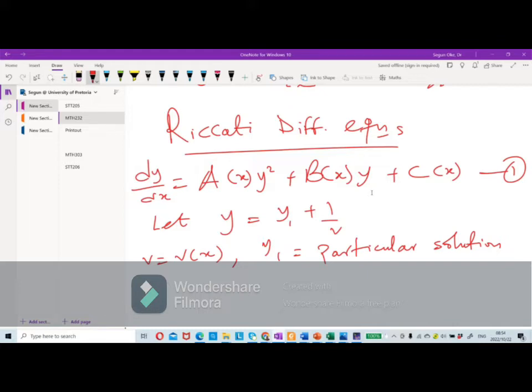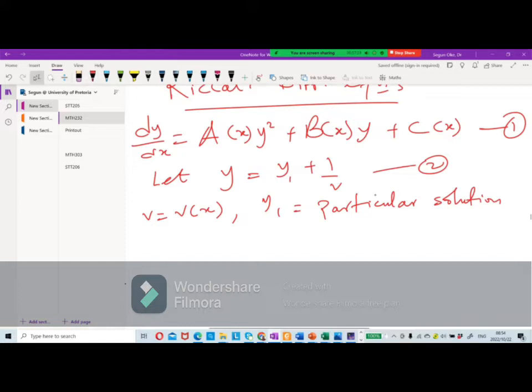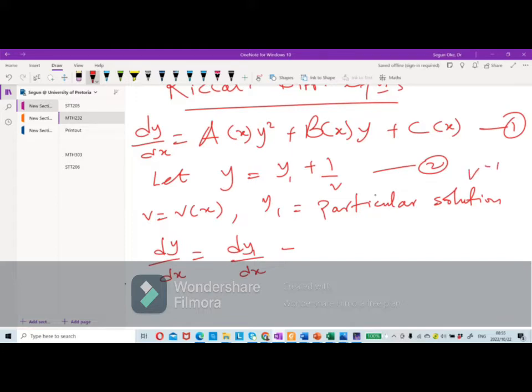So, but let's look at this. Call this one equation 2. Let's differentiate our equation 2. How do we differentiate dy/dx? In this case, dy/dx equals dy1/dx minus, how do you differentiate? Don't forget, v is also in terms of x. It will not be dv/dx. But how do you differentiate 1 over v? Remember, 1 over v is the same thing as v raised to power minus 1. Differentiate it. What do you have? Minus